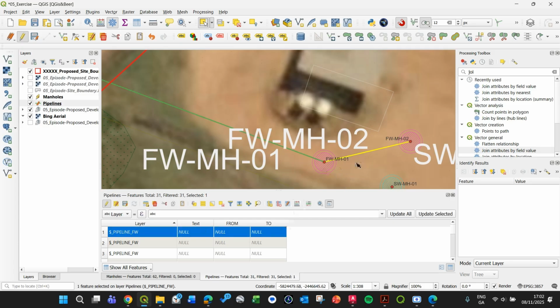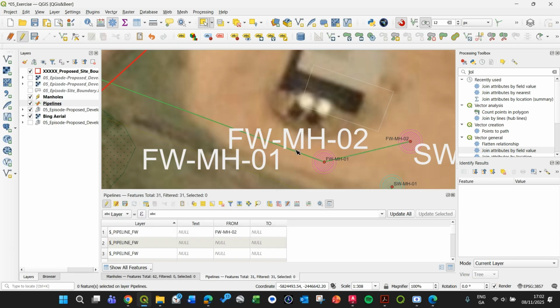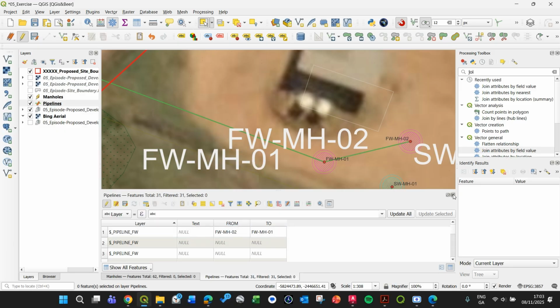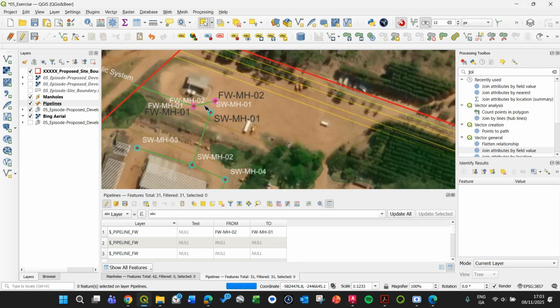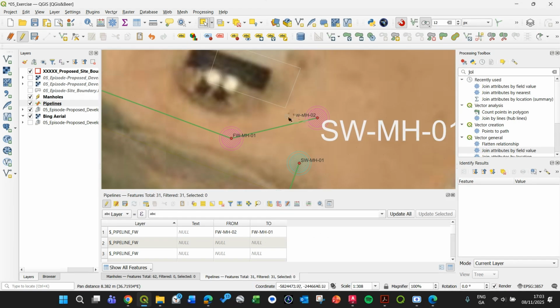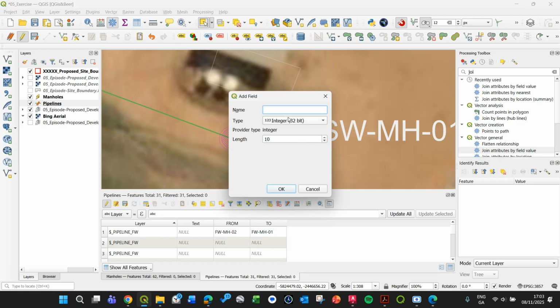So here I'll have from FWMH02 to, again this one, to FWMH01. Good. And this way we go to all the assets, manholes and pipelines. Okay, we need as well, in this case, for both cases, to create the